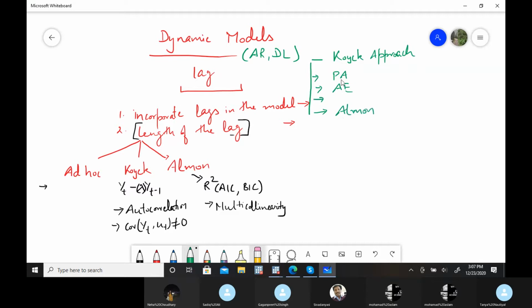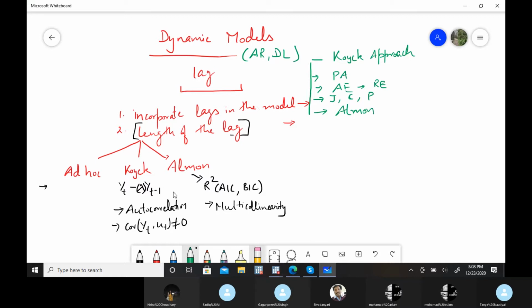Then there are other models like Jorgenson's model, Cagan model, Pascal's model, and a combination of adaptive expectation and rational expectation. So there are various approaches to incorporate the lags in the model. These two parts you have to understand.